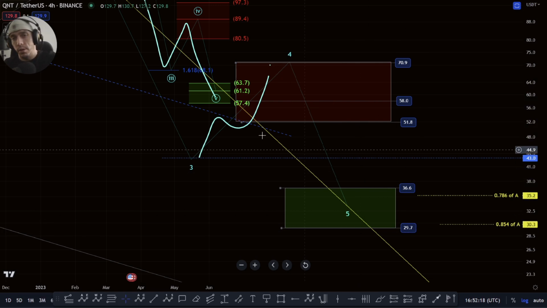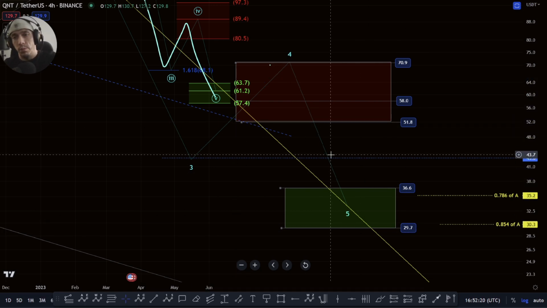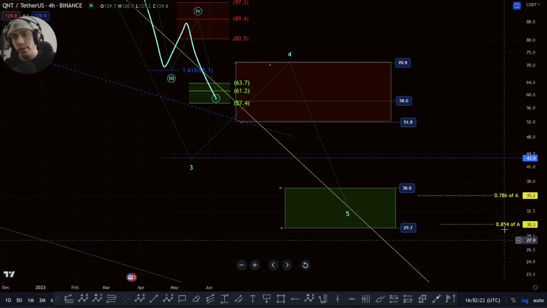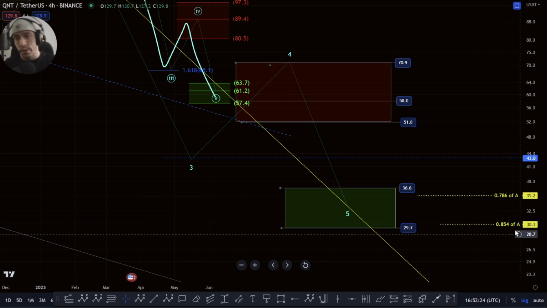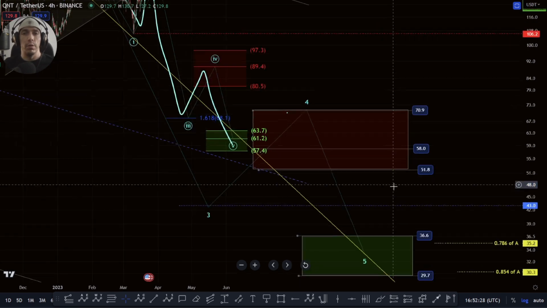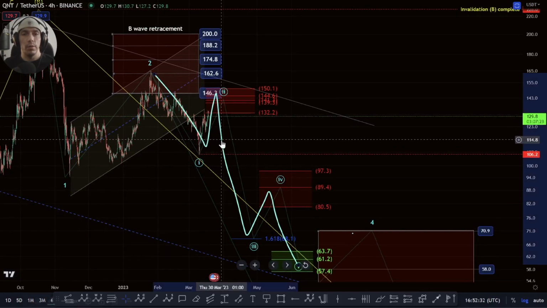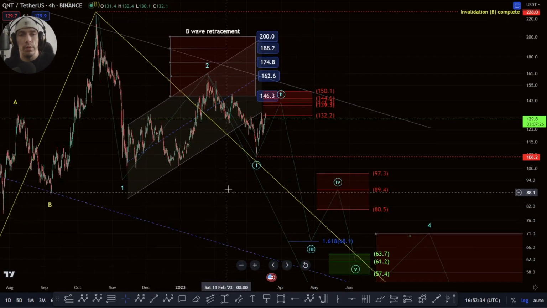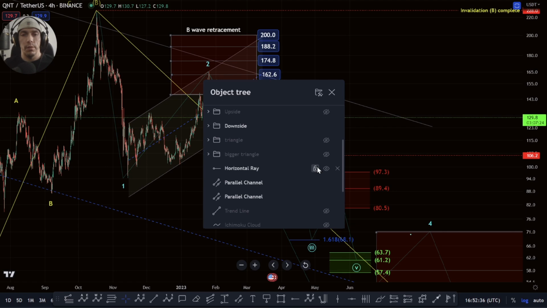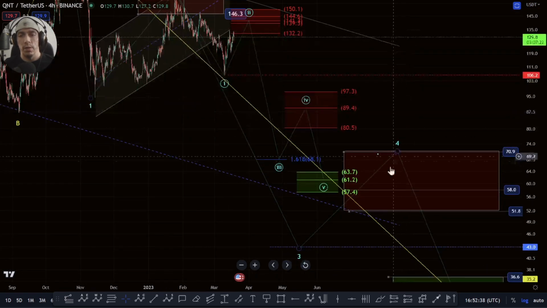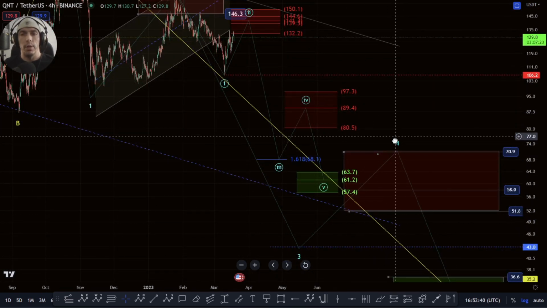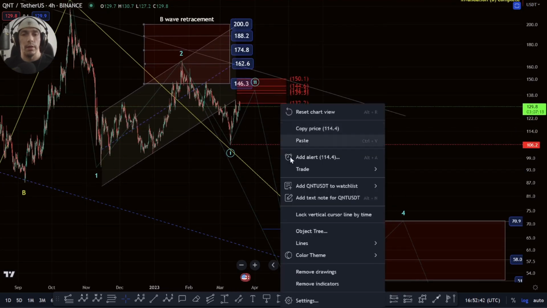29.7. So we've been talking about this potential for a while. This would be a 0.786 of the A wave and a 0.854 of the A wave lower down here at this $30 range. So just keep an eye on this zone. If we do actually look to break down deeper, that could actually indicate we are starting to move deeper down here. But we'd have to hit that impulsive target first towards this $43 to be looking at that as a